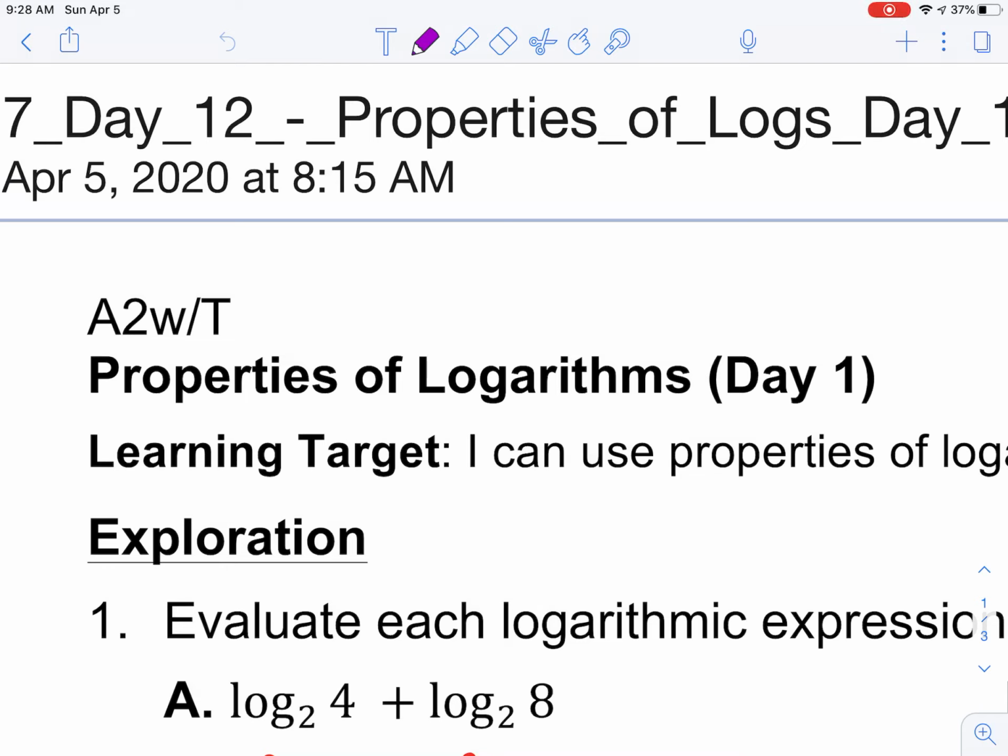Today I'm going to show you how to use the properties of logs. Like the properties of exponents, the properties of logs help us to simplify and to solve. At this time, I would like for you to pause the video and complete the exploration to the best of